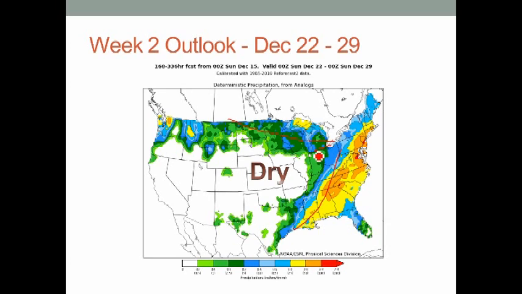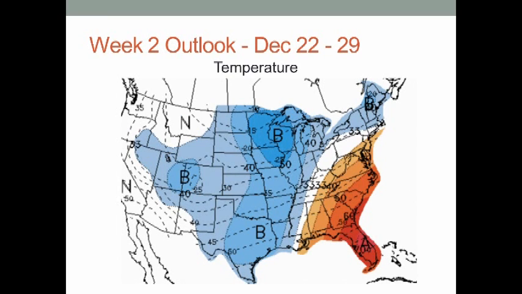And that band could brush parts of Indiana and Ohio between this band and that band. But most of the Corn Belt, Iowa, Nebraska, Kansas, Missouri, looks like it should be mostly dry next week. But it does look like temperatures will remain below normal, maybe not quite as cold as we've seen, but it still looks like this trend of below normal temperatures will